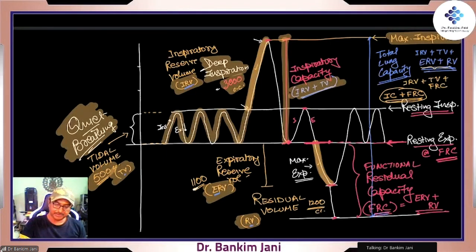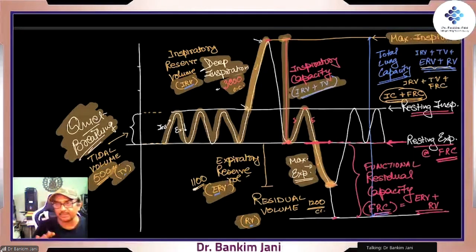We do the expiration and then normal inspiration, normal expiration, and then we go for forced expiration. Right, as much as we try to push out the air as much as possible, and at one point, yes, we are tired. This is the amount of air that can be pushed, the maximum expiration that can be done, and this is what is called as the expiratory reserve volume. This is the reserve volume. Normally, we won't be using it, but the way it was the inspiratory reserve volume, same way now this one is the expiratory reserve volume, and that is about 1100 cc.